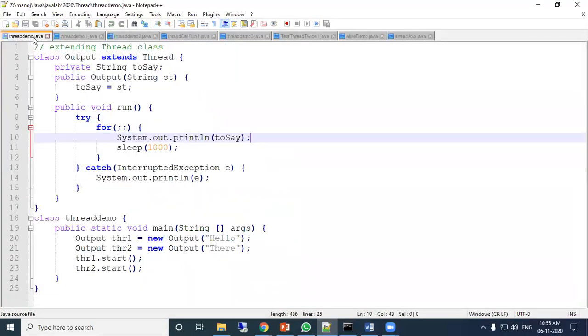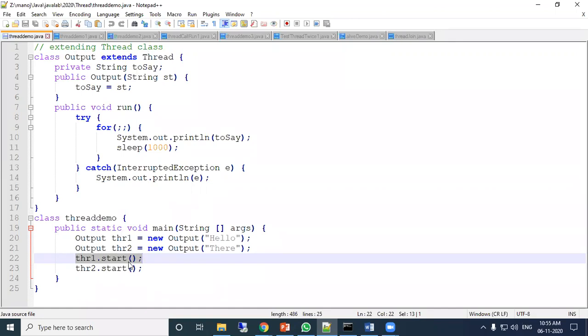So this is your program where we used this thing, and we have just seen the program here. So here thr1 is started. Dot start is the method of thread class. Because the thread class is inherited in the output class, that start method can be directly accessible.